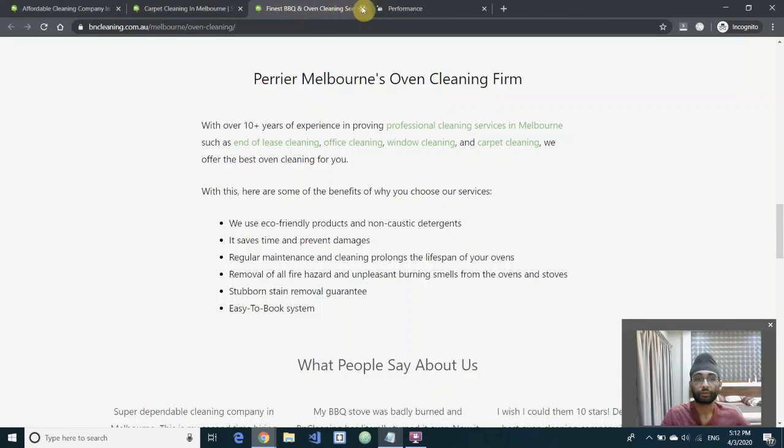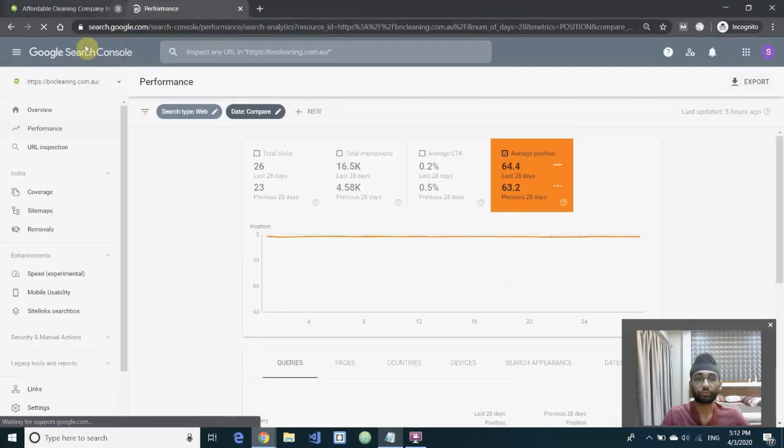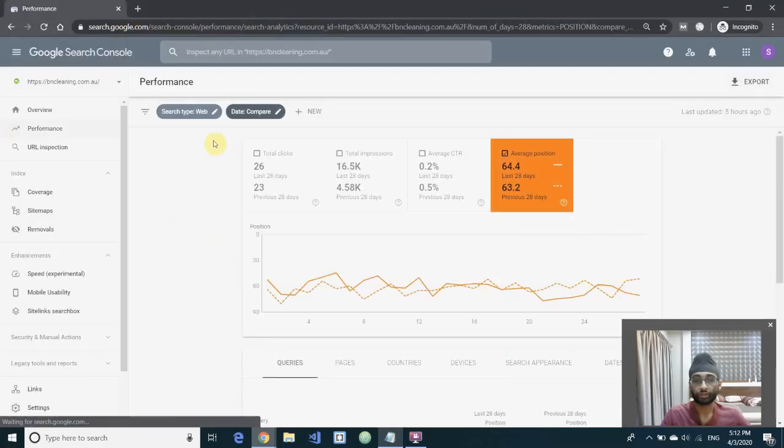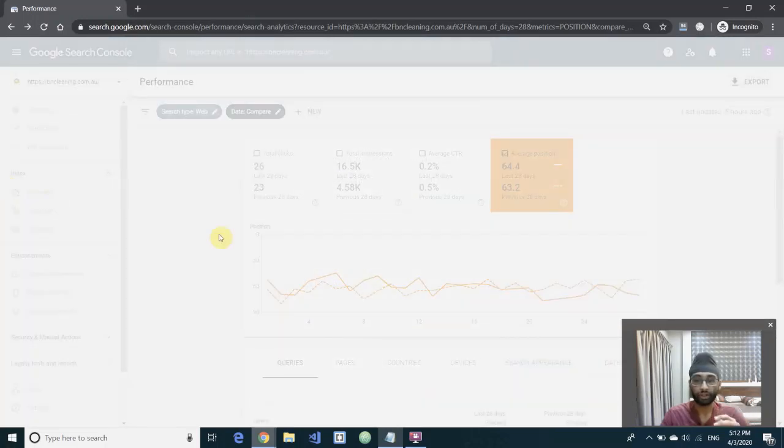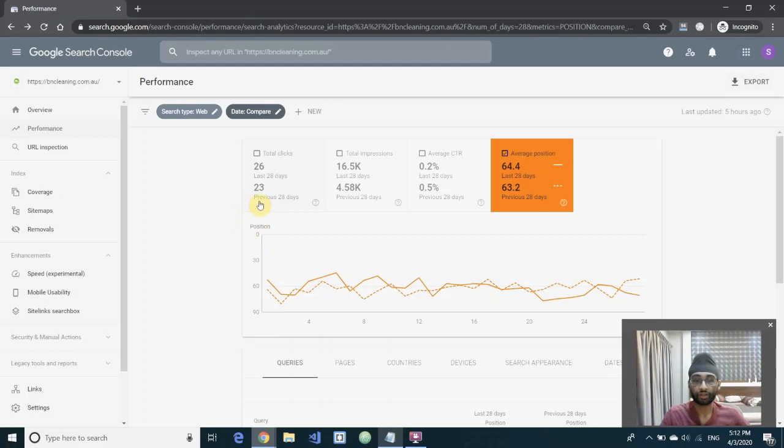Let me close this. Right, so this is our website ranking. This is comparing the last 28 days to the previous period. So as you can see here,